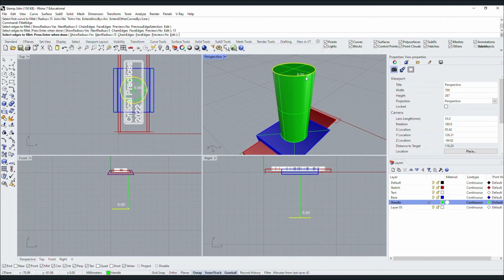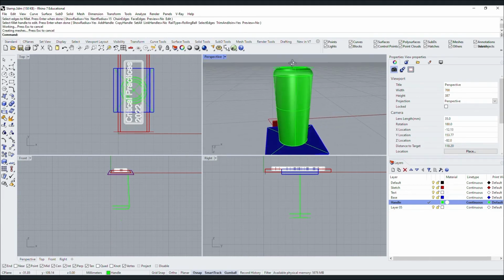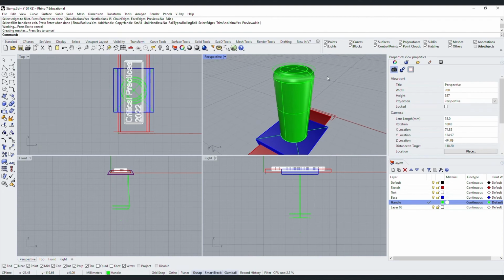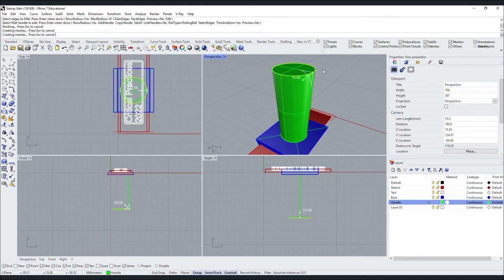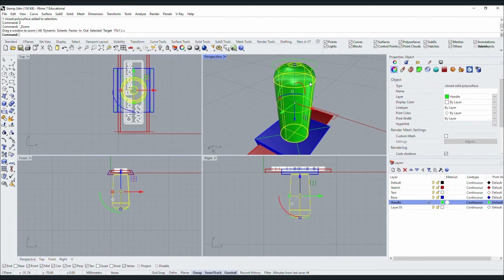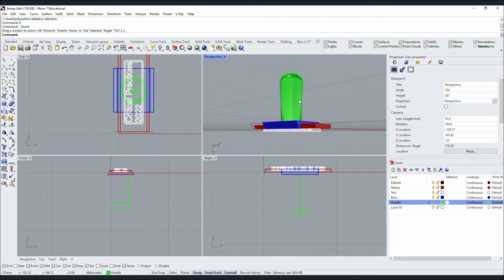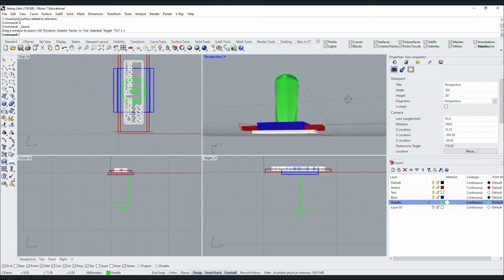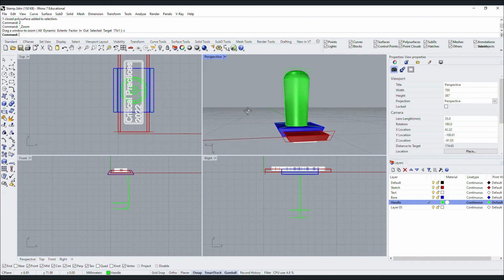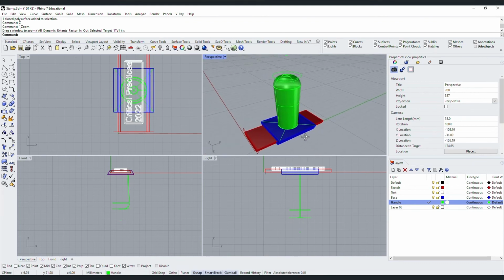Maybe we start with 5, 15. No, I think it took 5. Let's try 10 maybe. Yeah, that looks much better. So there we have the handle. All the geometries kind of look okay. So the next step would be,